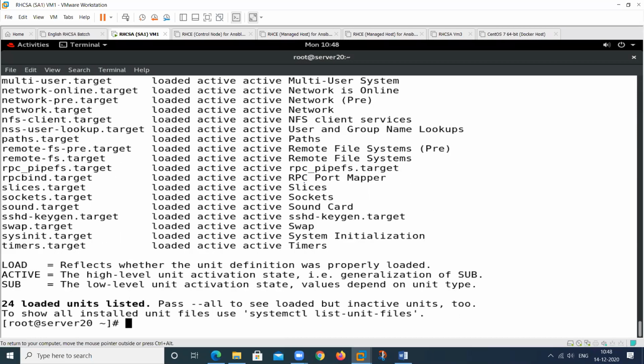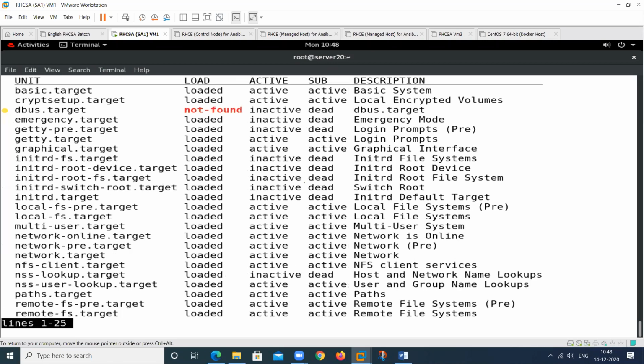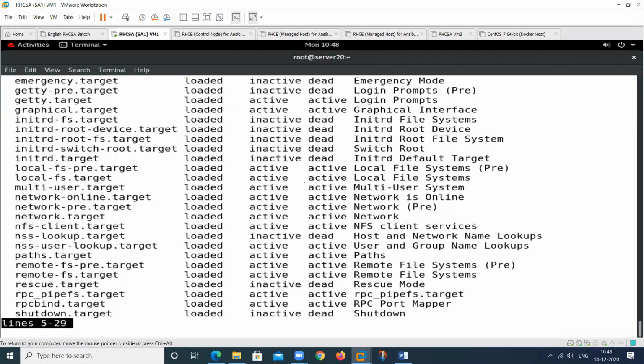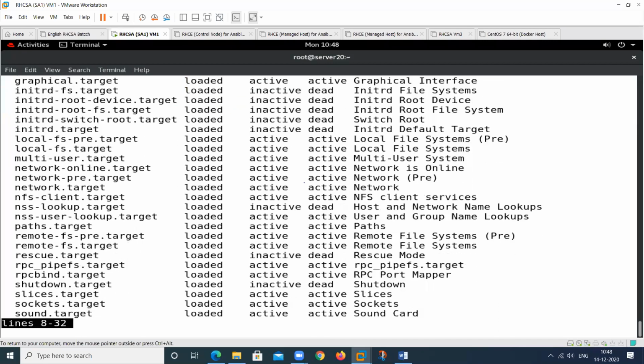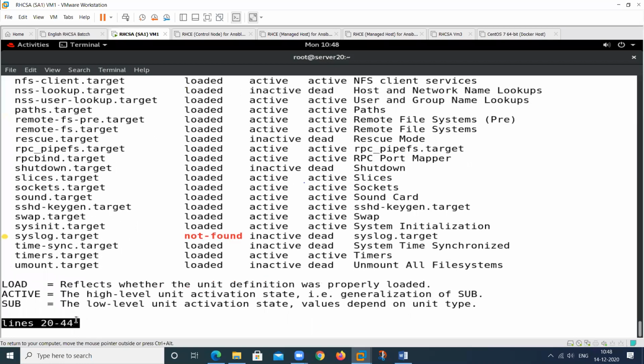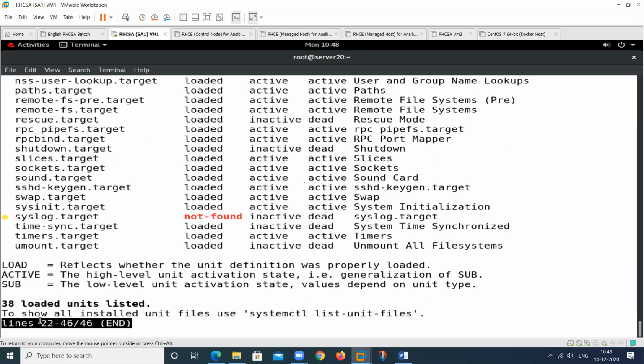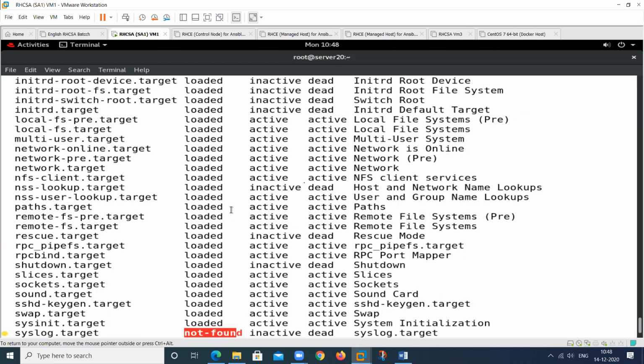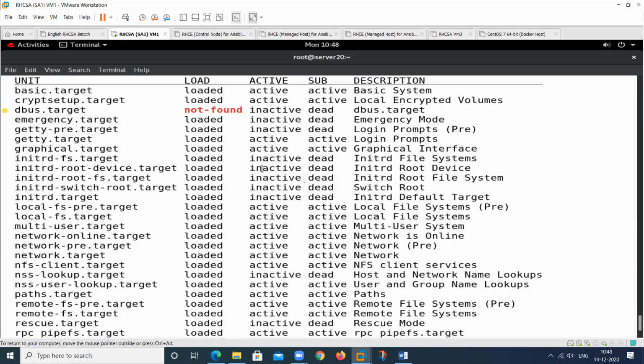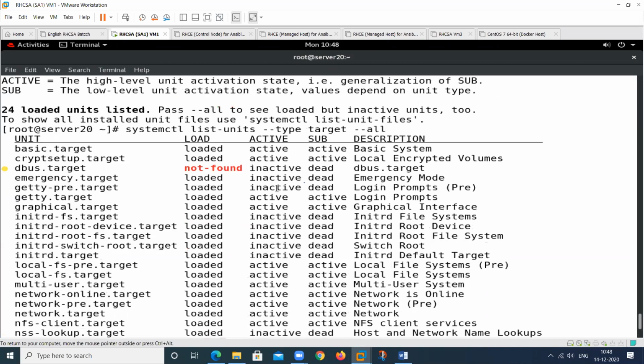If we use --all, see how many we have at this time. These are 46. So 38 loaded units were listed before, and some are not loaded, not found, inactive also. So this will display all the things.